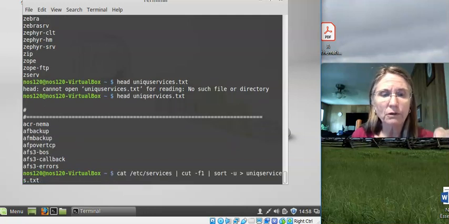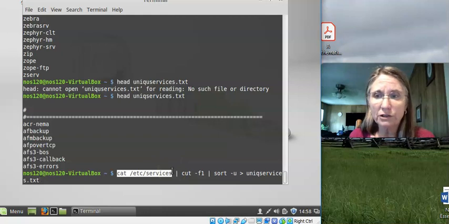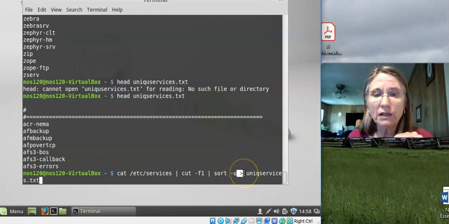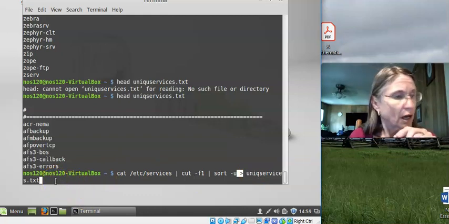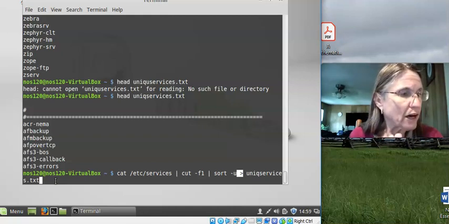Let's go back through. So we've output the contents of /etc/services. We've carved out field 1. We're sorting and taking the unique entries, redirecting that output to uniqueservices.txt. Now, if I wanted at this point to count the lines in the file using a conditional command that